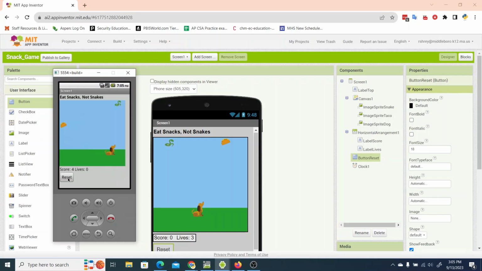Hi everybody, in this video I'm going to show you how to make a game where you have a character that you can move around by dragging it from side to side. You try to eat snacks and you try to avoid snakes. You can see my dog is trying to get tacos. Every time it eats a taco it gets a point. Every time it runs into a snake it loses a life,